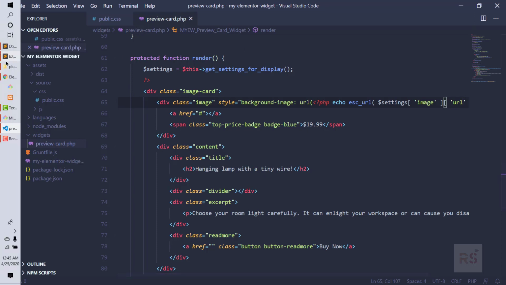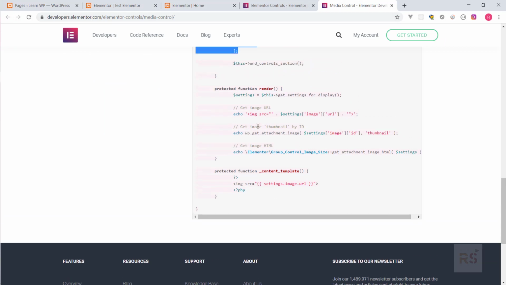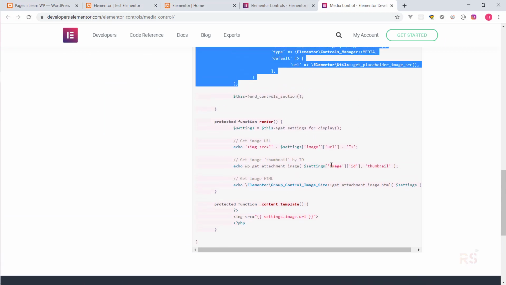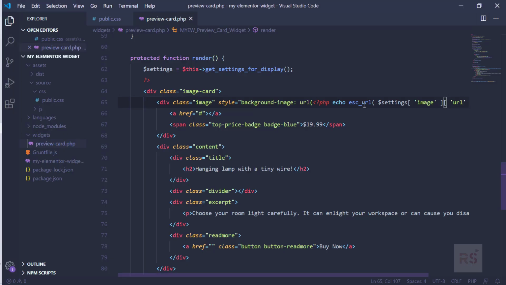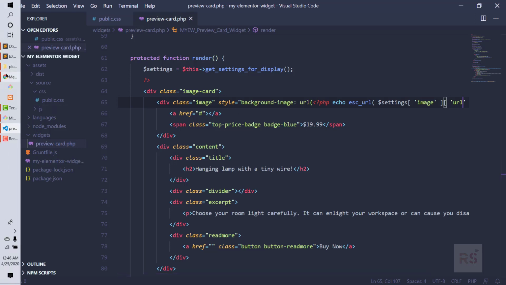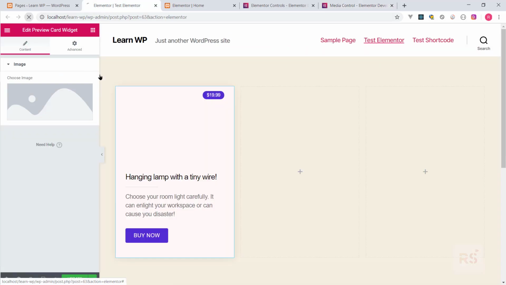Now, if you scroll down a bit in the documentation, you will find that when you use image, you have an extra key with the name URL, and with that you can fetch the image URL. I'm just following the Elementor official documentation. That should be it. So let's check that out, and if we go into the backend and hit refresh now,